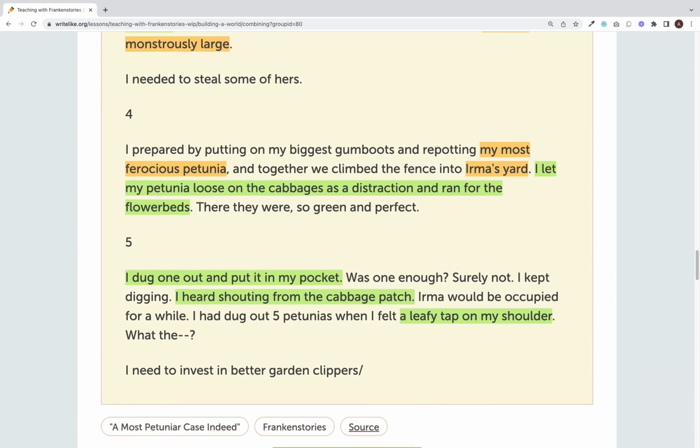The final rounds are a flurry of combinations. We have the narrator and the monster petunia in Irma's garden. They split up and go in different directions. Irma and the petunia fight in the cabbage patch. The dog's vanished in this reply. And finally, the petunia comes back for the narrator, with the implication being that it might have gone truly wild